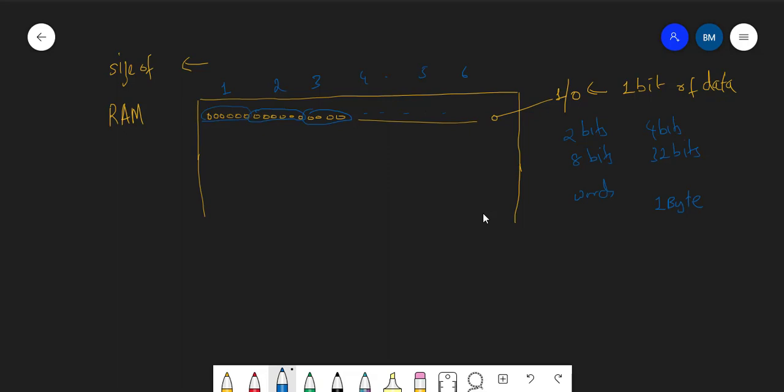It will go to the second word, take the data and give it to the PC. Each of these memory locations is addressed. This address is not for each bit, it is for one word, which we can assume to be 1 byte. Each of these bytes is numbered, and this number is known as a memory address.